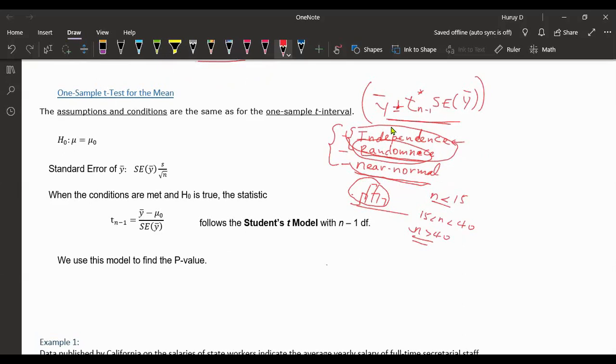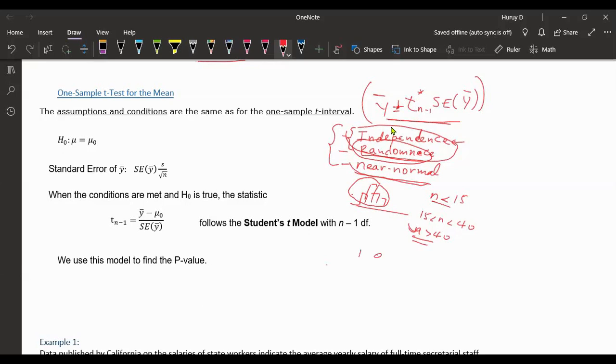Therefore, we can let the histogram be more skewed than this one. So as n increases, we have more space to account for the skewness and for the outliers. Still, we can use the t model as n gets bigger and bigger, even if the histogram is skewed, because of the central limit theorem. Last time, if you remember in class, we used the